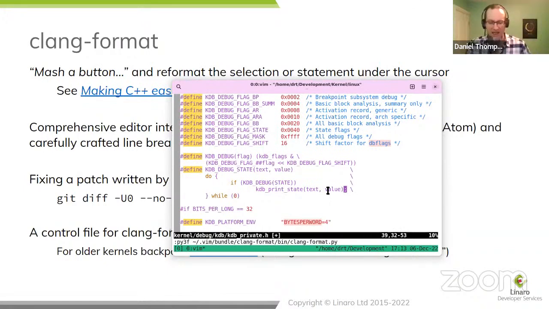I can mash a button, and it has formatted it nicely for me. Just that one thing, it has picked up the braces, it's indented. It has made a really good job of formatting this in a comfortable manner for me to use. That's so quick. It really does allow me to make fixes like that at so little cost. We can have a second problem here now.